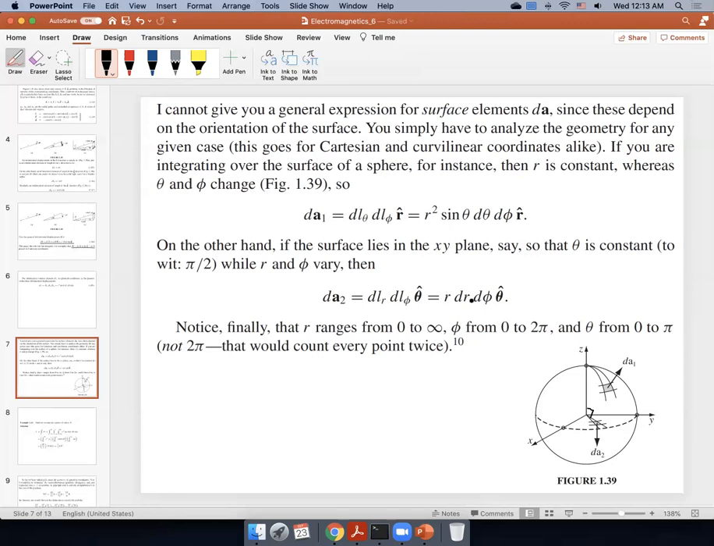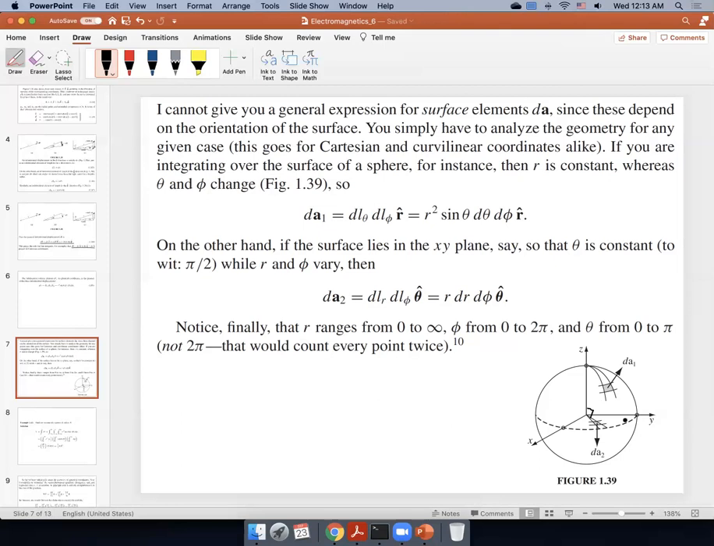Okay, anyway, so here we just give you two examples of surfaces or surface elements. One is on the sphere or spherical object. The other one is on the xy plane. However,